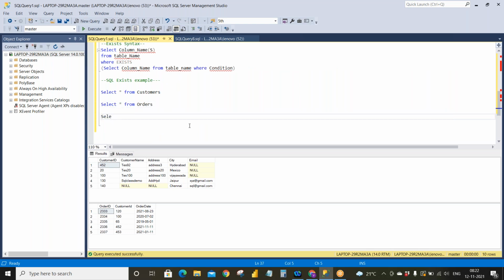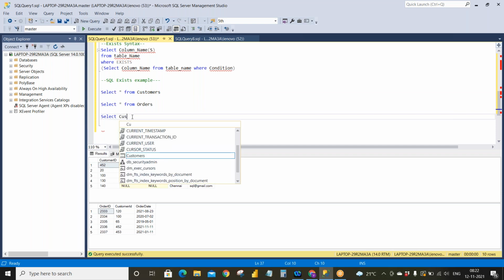So we need to know how many customers, or what are all the customer names, who have ordered on that particular day. So I'll give select. I want to know the customer name. So I'm using the customers table first.